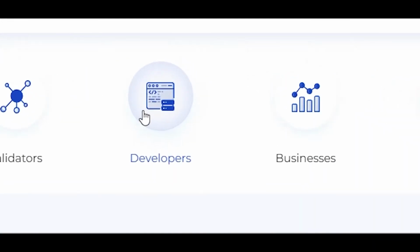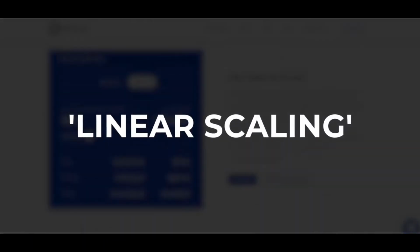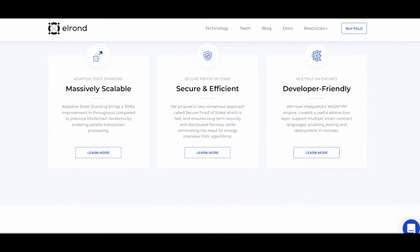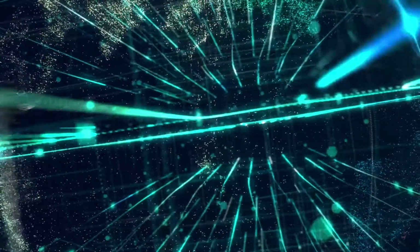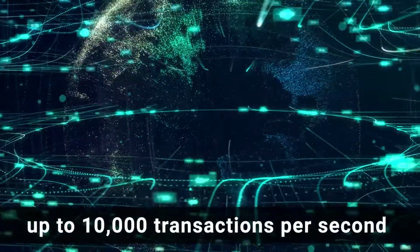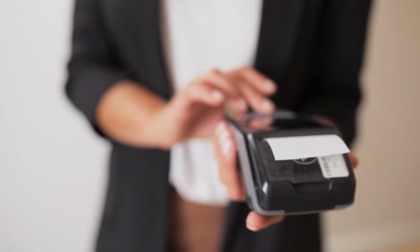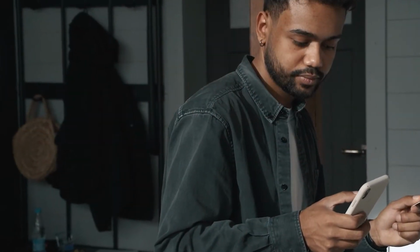Elrond's developers believe that being able to process a lot of transactions and something called linear scaling should not compromise other important features that a blockchain should have. For other blockchains, speed is usually the feature they sacrifice to bump up other features. With this in mind, Elrond was designed to have the capacity for processing up to 10,000 transactions per second while keeping transaction finality and gas fees at a bare minimum. If you're new to this, it basically means transactions should be confirmed as fast as possible while also keeping it